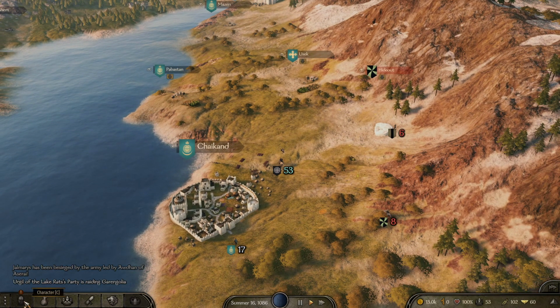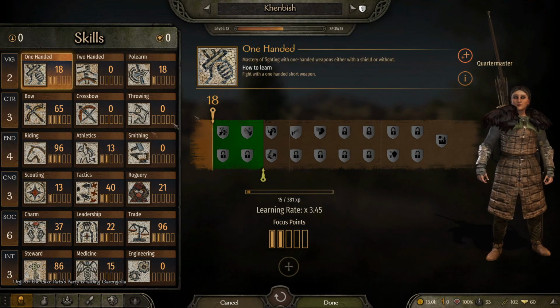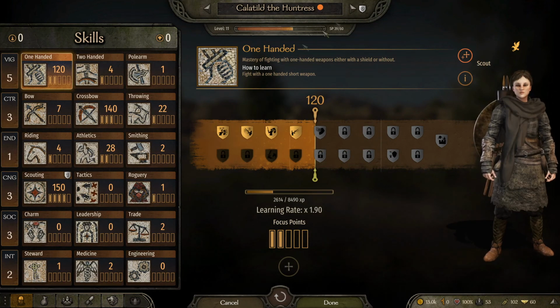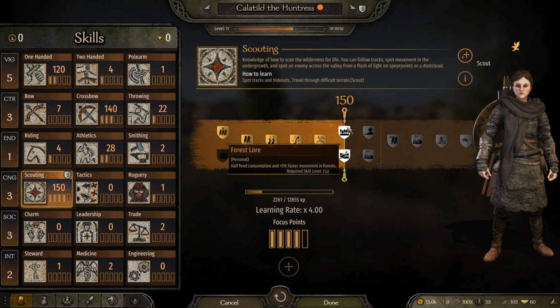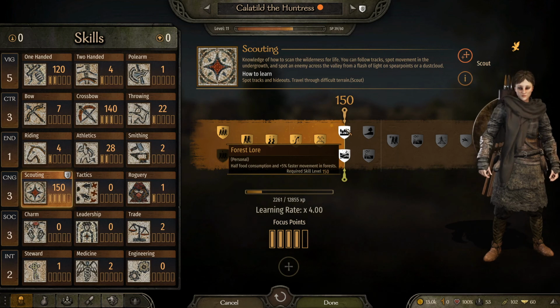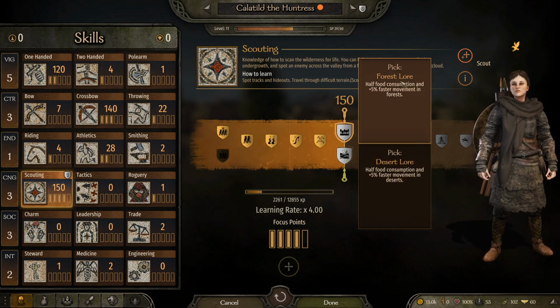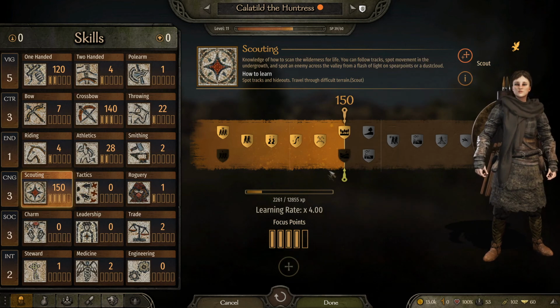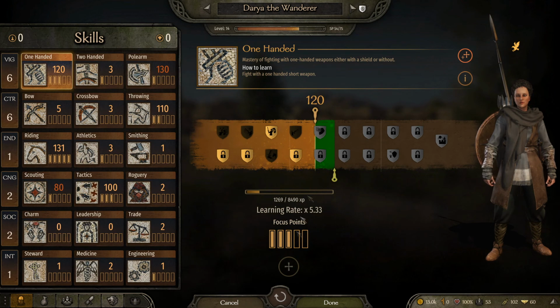Okay, what was that? I got a promotion. It doesn't look like it's me. Oh, so Calradia the Huntress has got a promotion. Half food consumption when movement in forests. I think forests would be better. We'd be spending more time in forests than actually in deserts. That's going to be quite useful. I really need to get